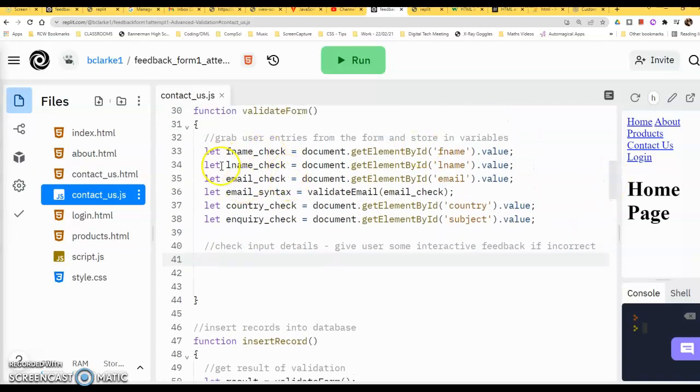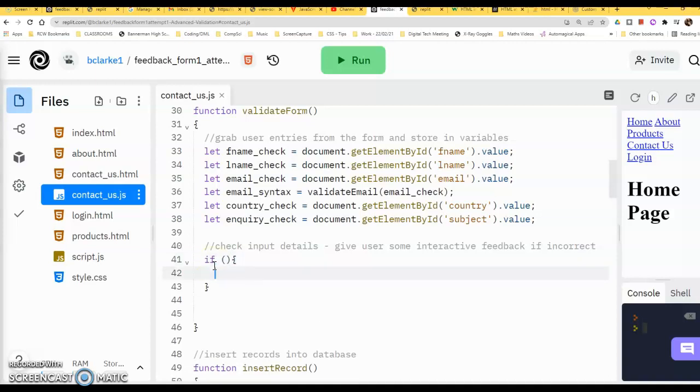The next bit we want to do is check the input details up here that we're grabbing from the form and give the user some interactive feedback if incorrect. So the first thing we want to check is if, and I'll just do a little if statement here, get it set up, so to speak. And in my condition here, I'm going to say if my first name underscore check